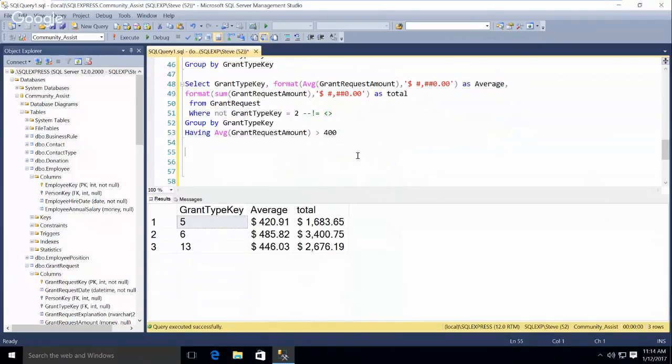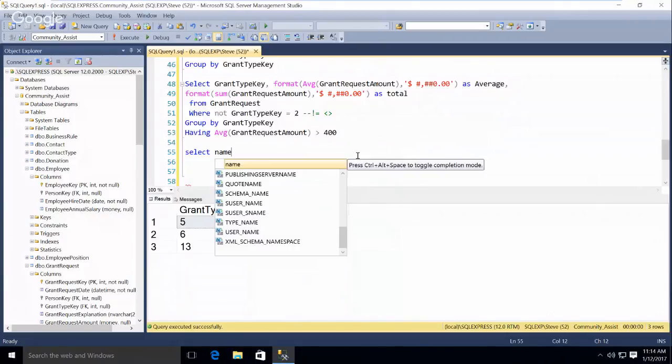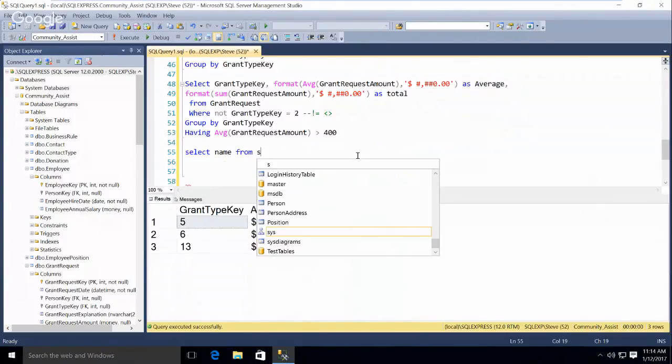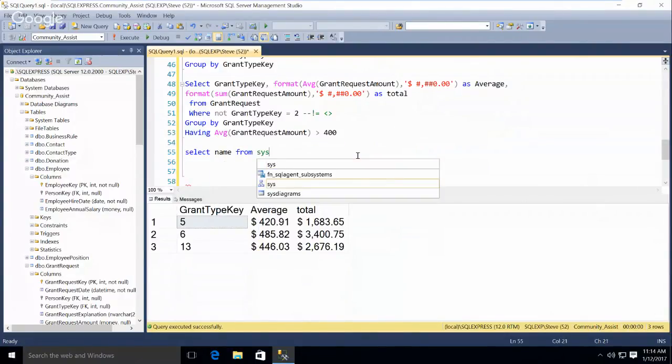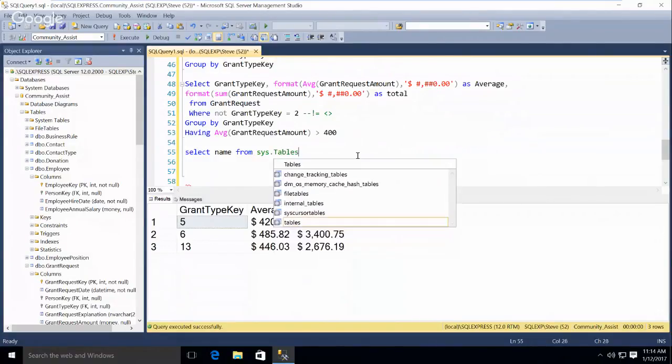There's two other kinds of things that at the very end I did. I'm not sure why. I think because the book had them here. You can query the metadata. So I'm going to just do select name from sys.tables.